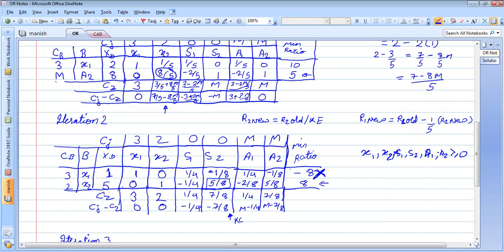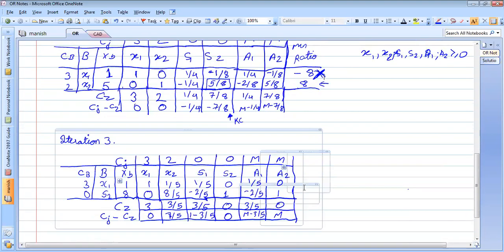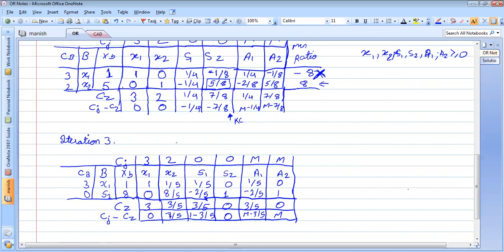So if the minimum ratio is negative, do not consider this. Consider only the positive minimum value. If you take this positive minimum value, then the third iteration will be like this. I have tried to solve the third iteration. So we will replace x2 now by s2, and then we will find the solution.